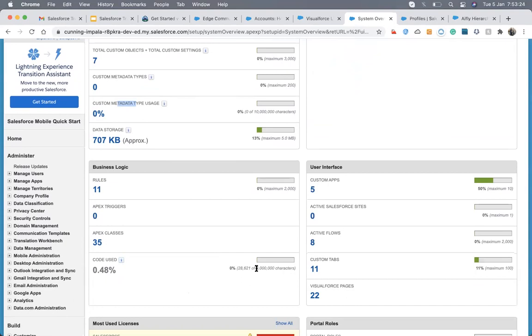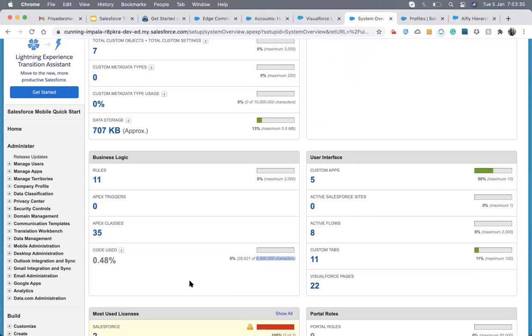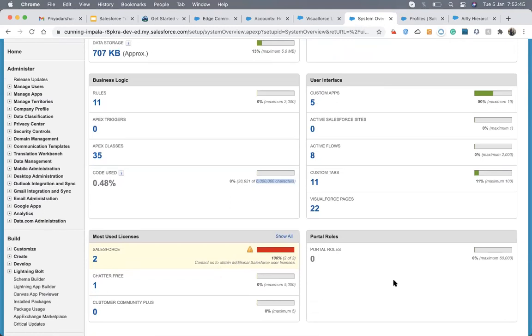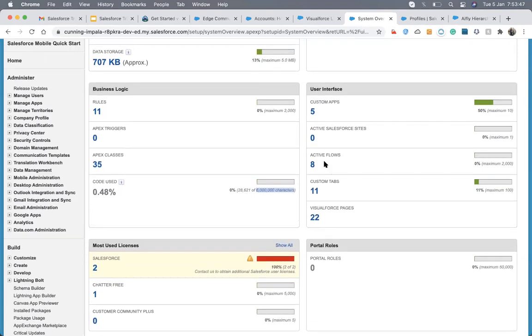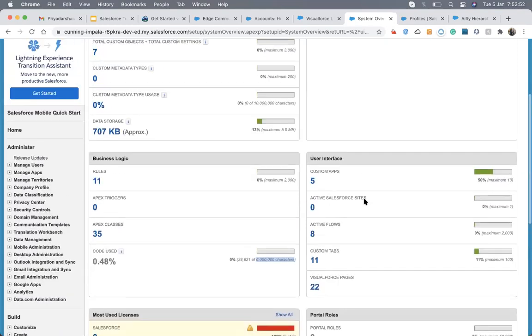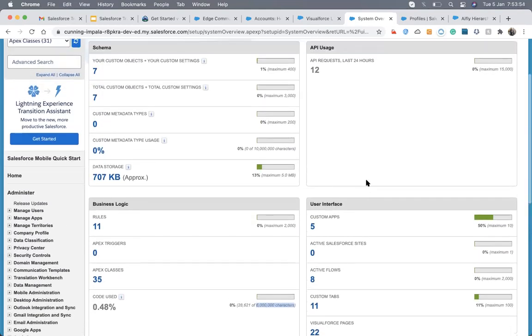You can see there are 6 lakh characters I can write in Apex classes. If I reach that point, I again hit the limit and can't write any more in the classes. Each and every place there is a limit. And flows, custom tags, all those things you can see up there. Any more questions?